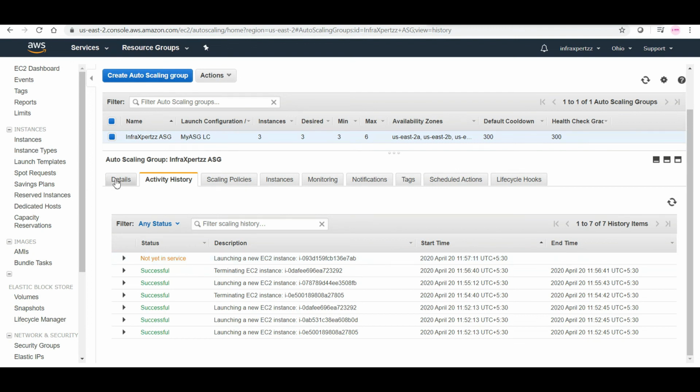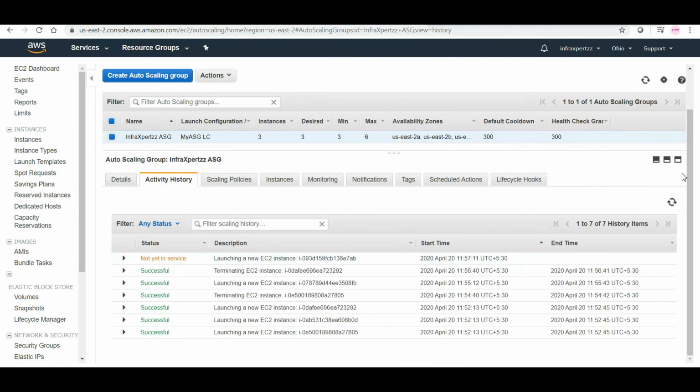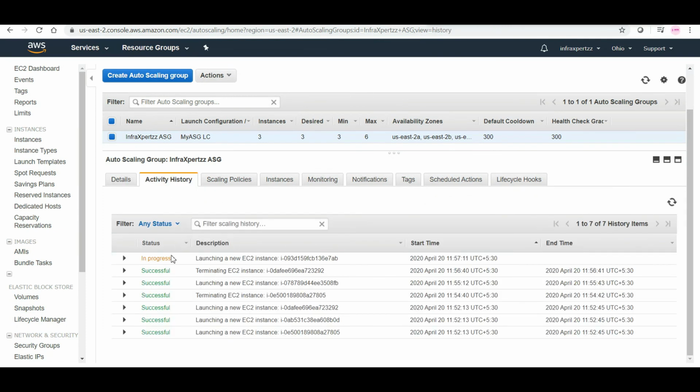The reason it is launching 2 EC2 instances right now is that while configuring we provided the desired capacity as 3 EC2 instances, a minimum of 3 EC2 instances, and a maximum of 6 EC2 instances. That is why right now it's launching the other one. You can see the status. At first it was not yet in service, right now it changed to in progress.